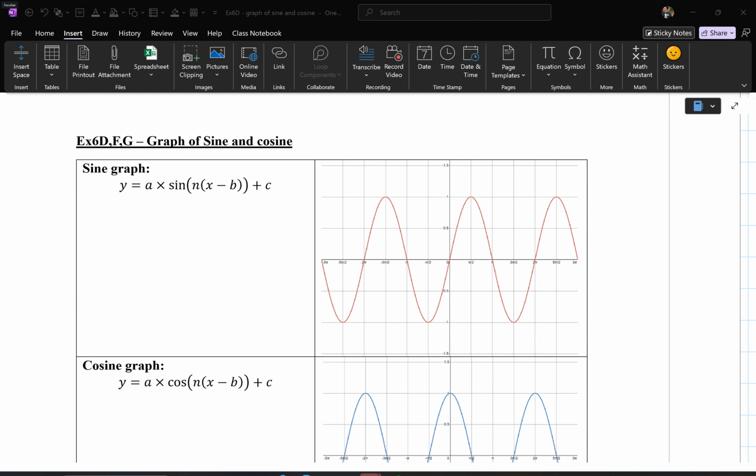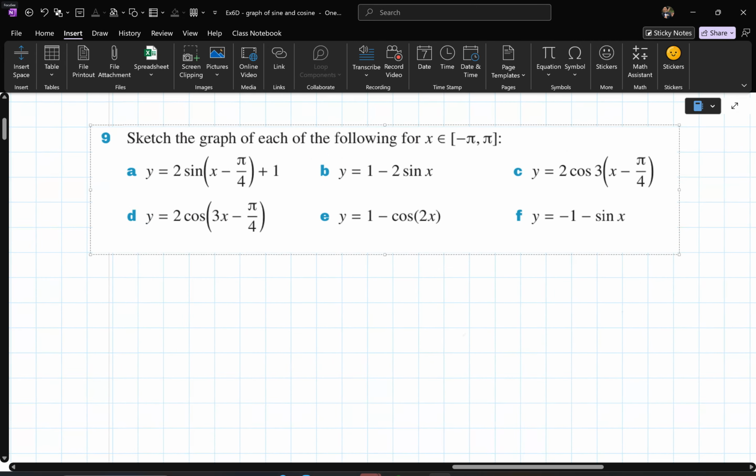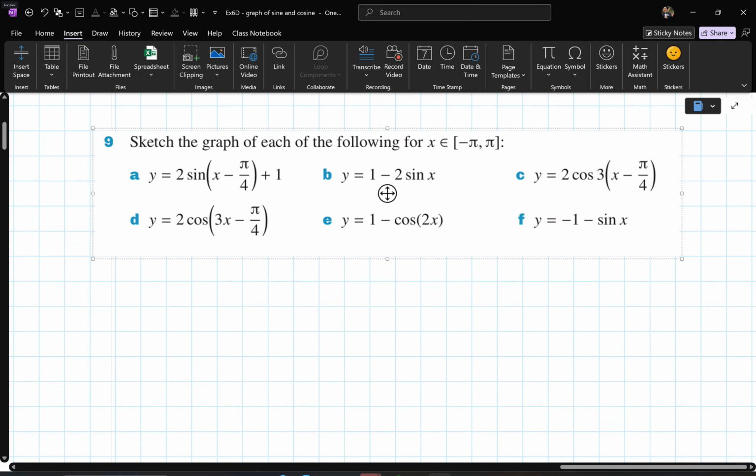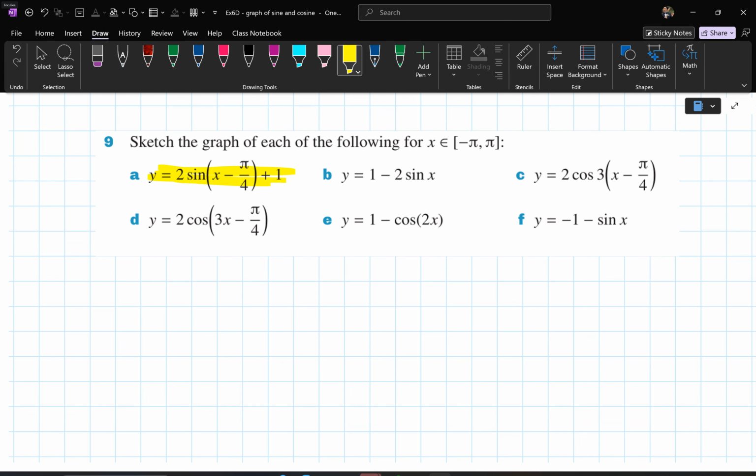Okay, so the idea is that if you can do the entire transformation, for example, this is the question I'm going to do as an example for you later. Something like this one, where you have a dilation. This is actually missing a dilation from the y-axis as well, but it does have